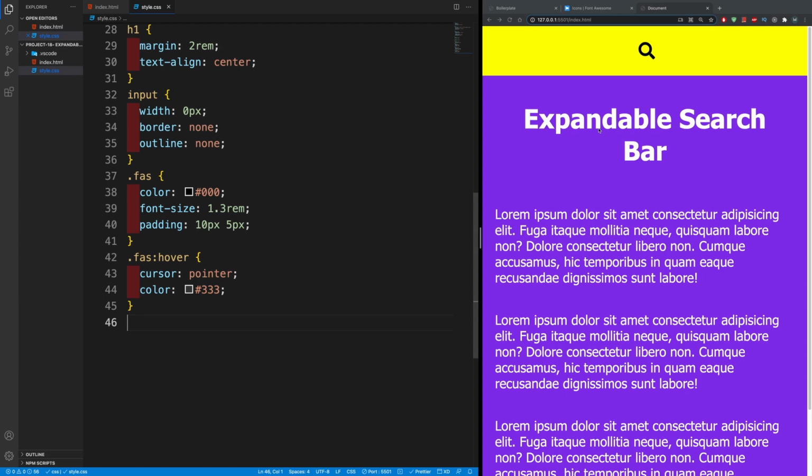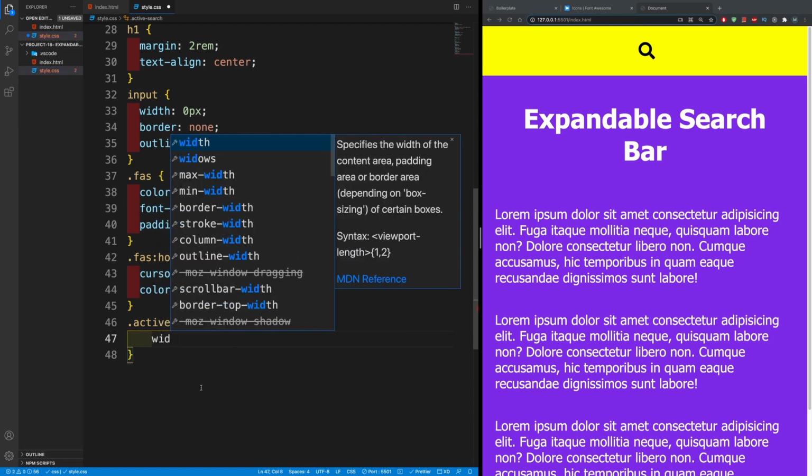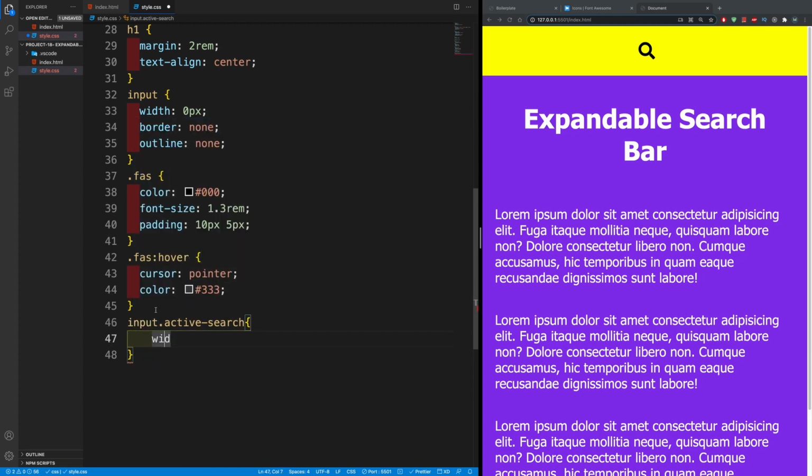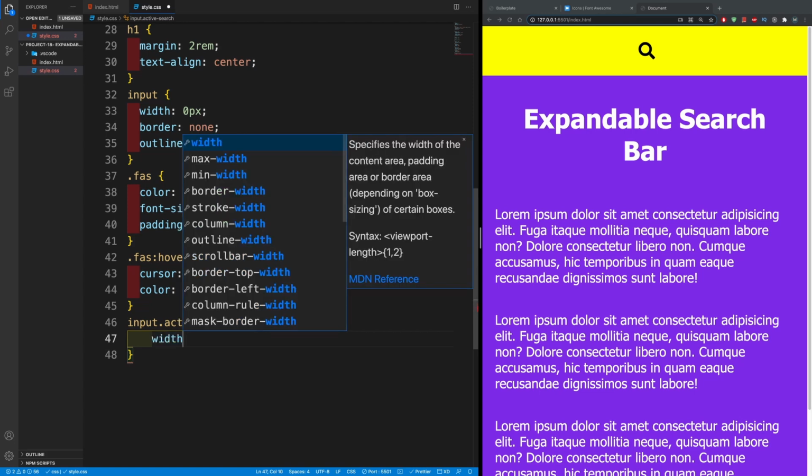Okay, now when we have our input active, what we're going to achieve here is when we click on the search icon, the input should appear. Now for this, we're going to use a bit of trickery. We're going to set, first of all, a class which we're going to call active search. Now when this class exists, we're going to, for the input active search. Now when this input has the class of active search, then we're going to change its width to,